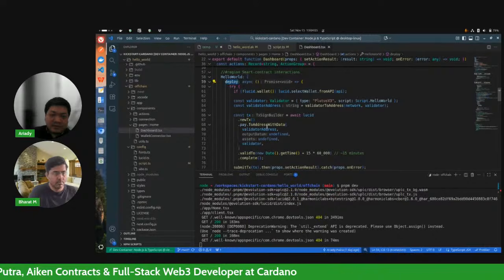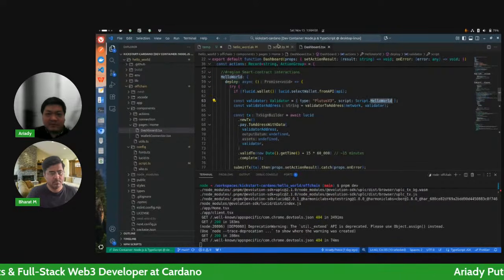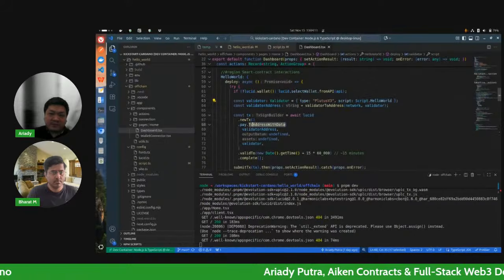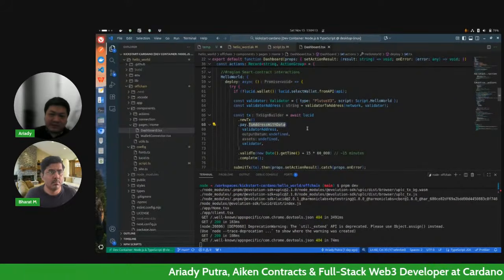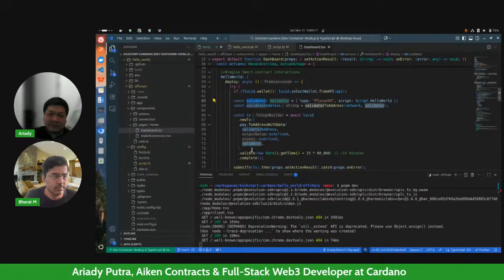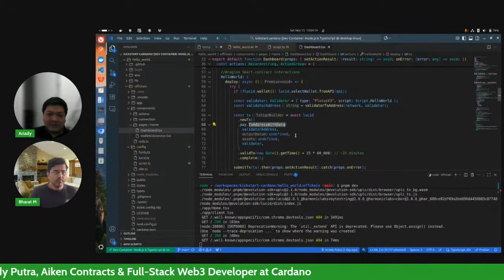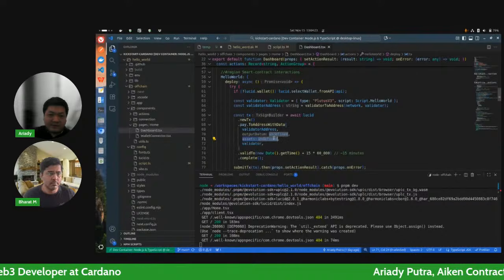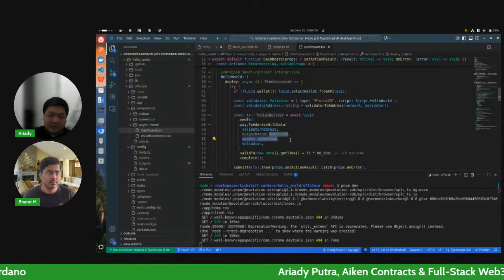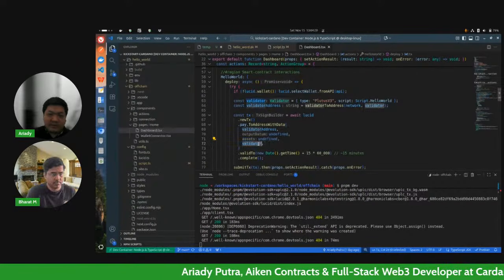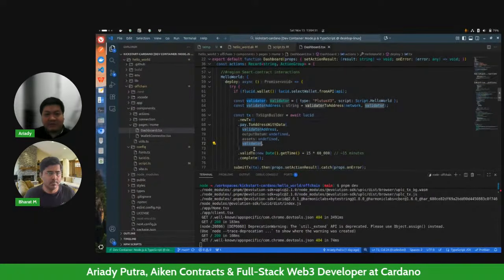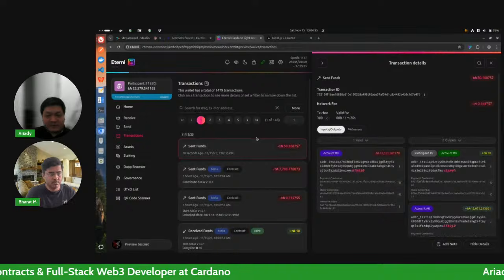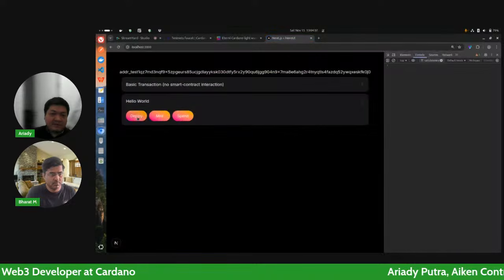So we want to deploy something. This is our script, which we pasted here. We want to deploy this script, and how we do it in Cardano is that we send this information into a UTXO, meaning we are sending something, and we don't set any datum, we don't set any assets. If we don't set any assets, by default it will set a minimum ADA just to cover the cost to put this particular script here.